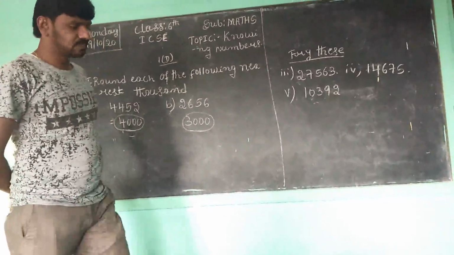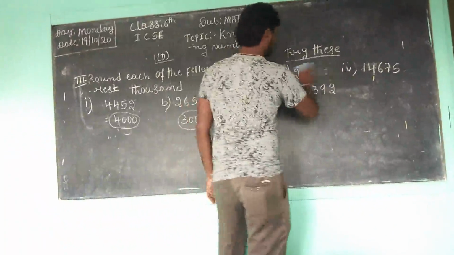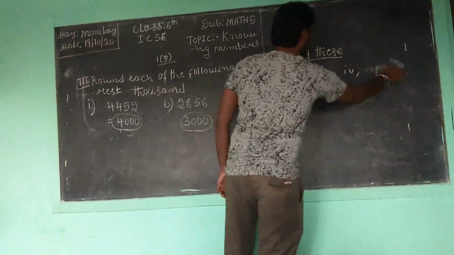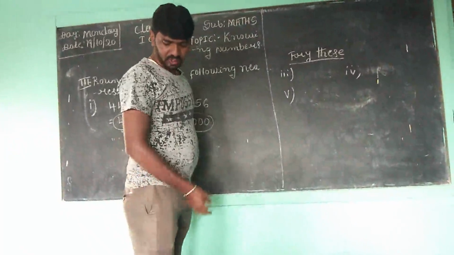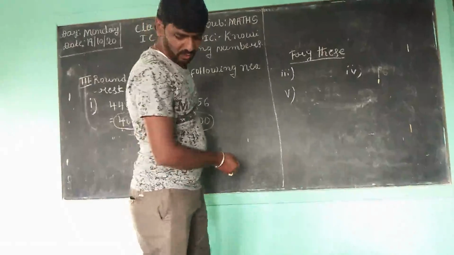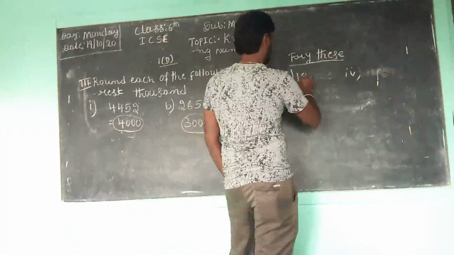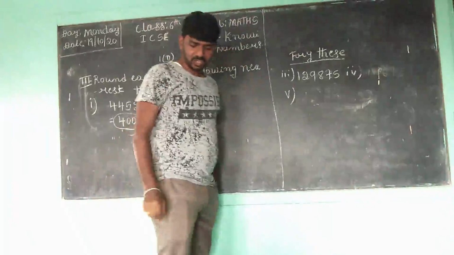Children, this one I also want you to take as homework. Try this. Okay, you want to write this. What are the homework sums? Children, you want to take 129875. First question, 129875. Second question we want to take, children,